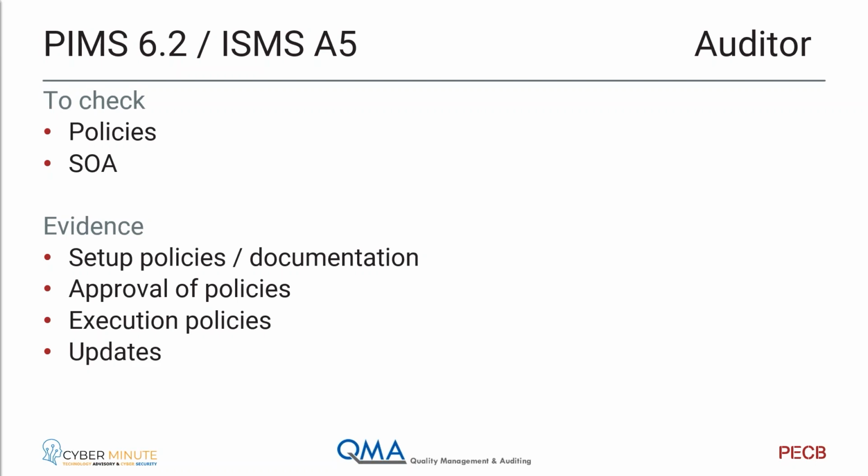Another very important document for us is the statement of applicability. In the statement of applicability, you have to tell us as auditors and as certification bodies, which controls you actually implement out of the 114 for 27001, which are relevant for my PIMS. So you have to motivate why you use one or why you don't use one. So even if you exclude a control, make sure that you also tell us why you exclude it,